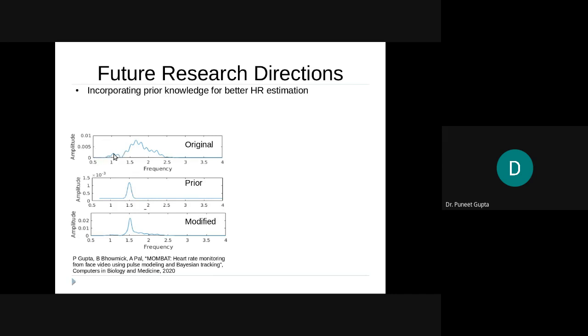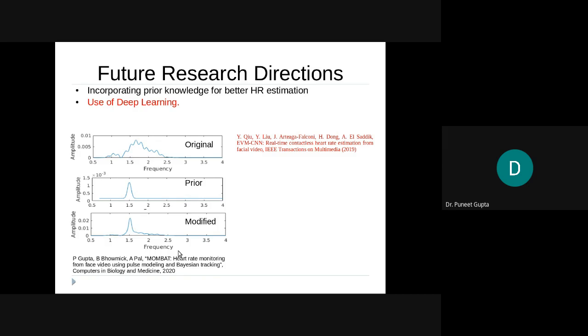And now at the Tth time frame, you get this kind of spectrum, which says that your heart rate is quite far apart from 90. But again, heart rate fluctuations should not be so sudden. It shouldn't be the case that it suddenly jumps from, let's say, 75 to 100 altogether. So we utilize this notion, and we apply something known as a Bayesian approach, which analyzes that, okay, if you have this 1.5, then probably your output should be pretty close, somewhere in the neighborhood of 1.5. So that kind of technique we use. This is known as the prior knowledge that we have incorporated.